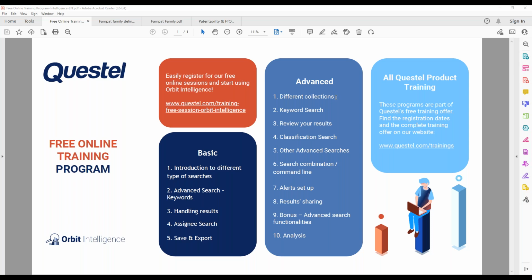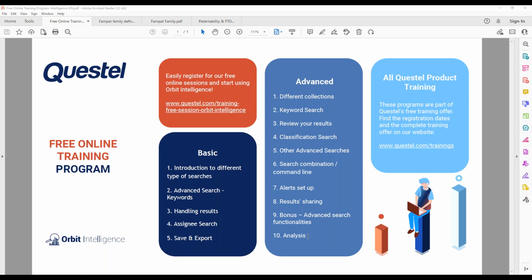The third topic will be reviewing the results. We will see a classification search, other types of advanced searches, how to combine search queries and use the new command line, how to set up alerts, so monitoring results, how to share results, and then a couple of advanced search functionalities.